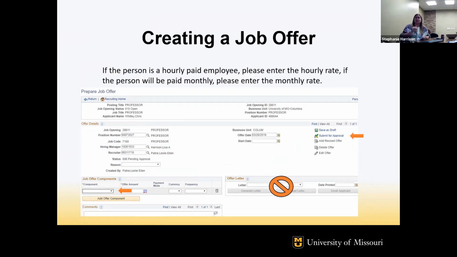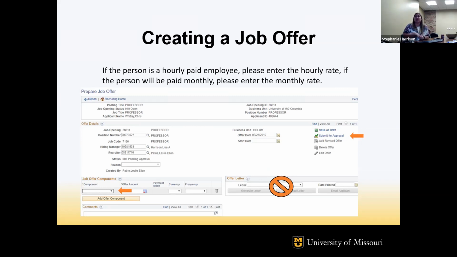A lot of departments forget to do this. And so then we guess at what position number they're being put into, or it gets pushed back once it's submitted to CAPS, and CAPS will tell you. Holly, yes, I've had to reach back out to Holly a couple of times and I'm like, wait, what position number is this one going to have? So if you can remember to change it whenever you submit the offer, that's the preferred way. If you don't remember, then CAPS will push it back to you and tell you that you have to select a different position number or they need a different one to use.